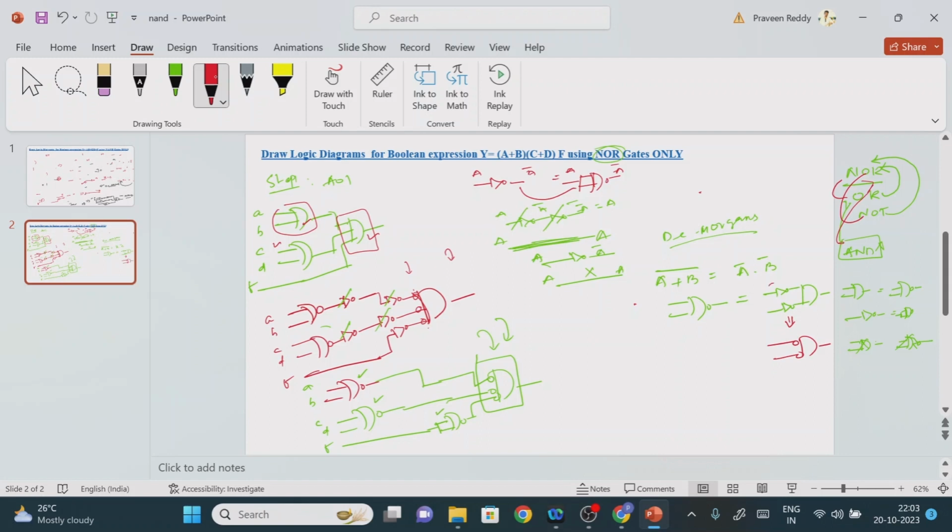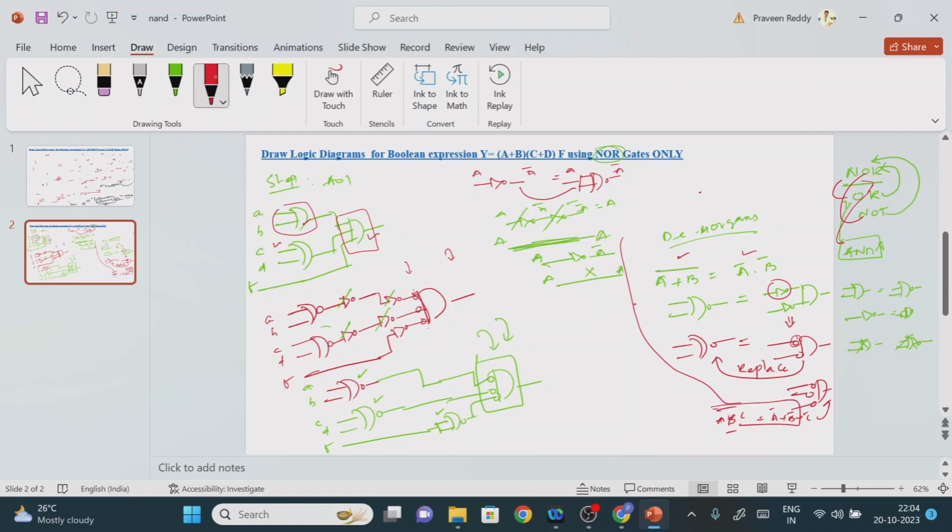So instead of writing something like this, the same thing I can write something like this, right? Here the NOT gate also means the NOT gate only. So what is the equivalent? This one, right? Whenever you find this one, you can replace it with this one, because both are the same as per De Morgan's theorem. Here in terms of 3 variables, you will find A into BC whole bar equal to A bar plus B bar plus C bar, right?